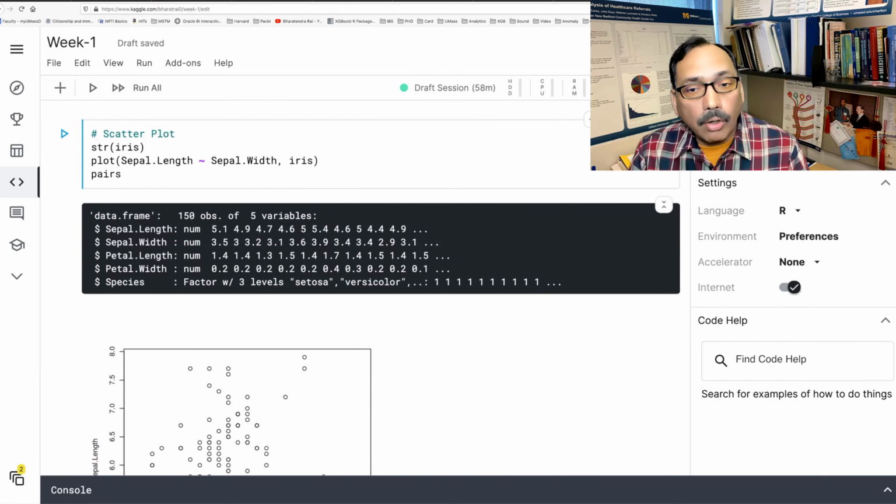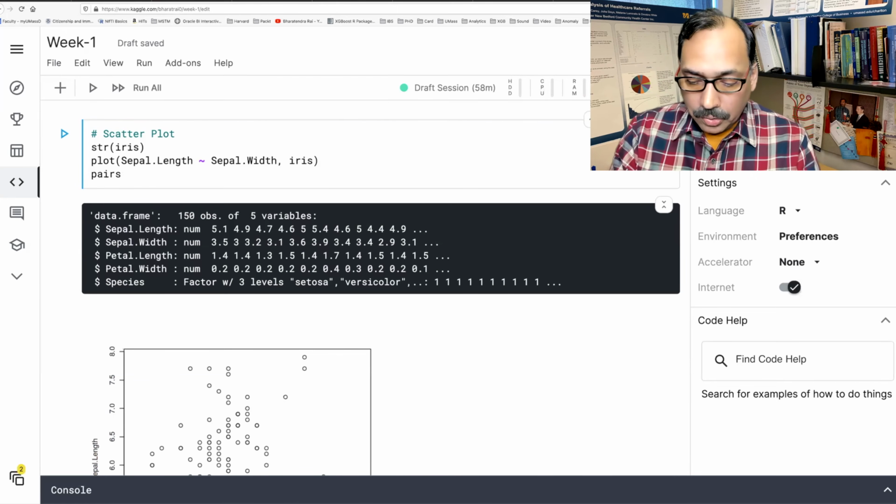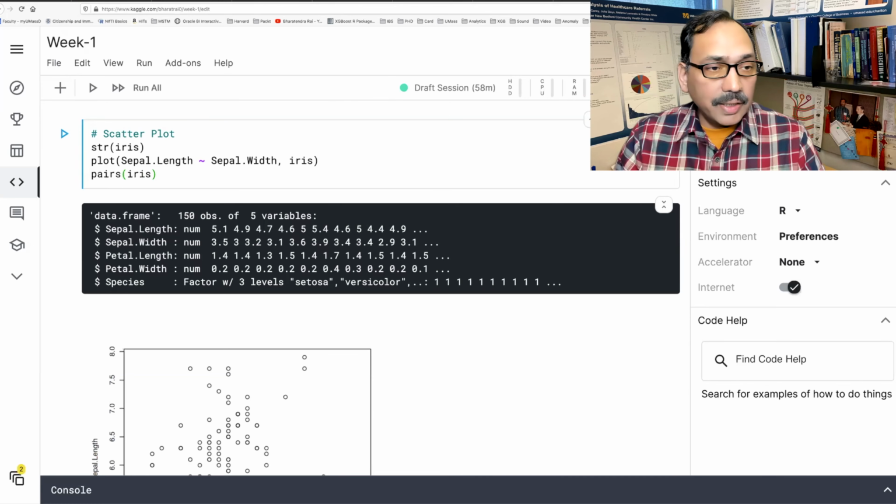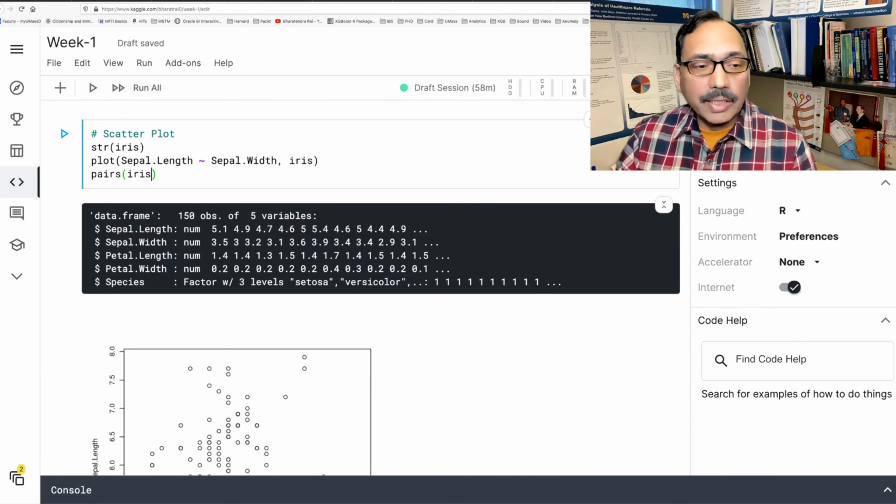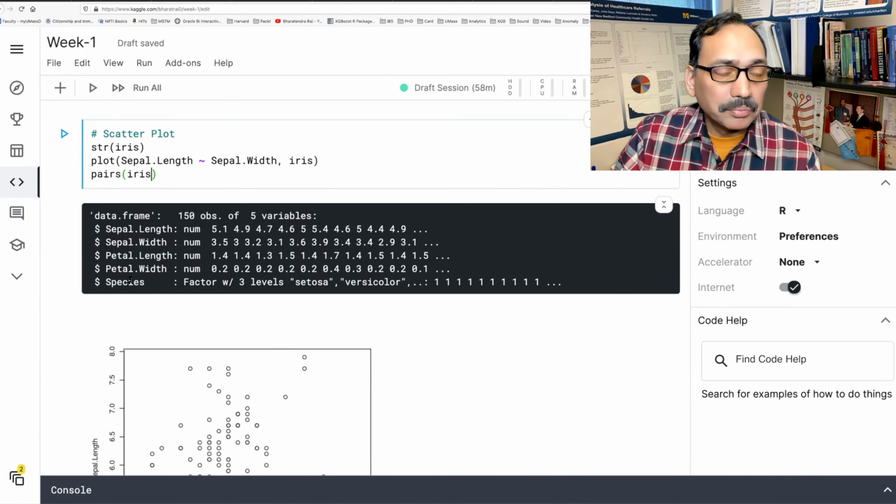So it will plot all possible pairs in your data set. Open close parenthesis, we can say iris data. But for scatter plot, obviously we don't want species. We want first 4 variables, but we don't want the last variable.